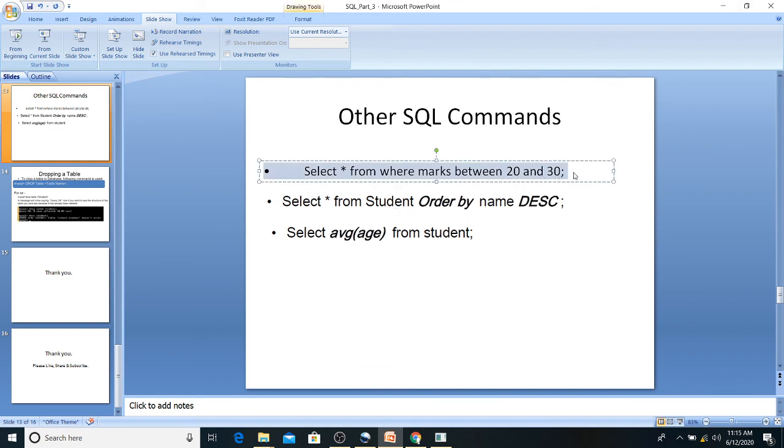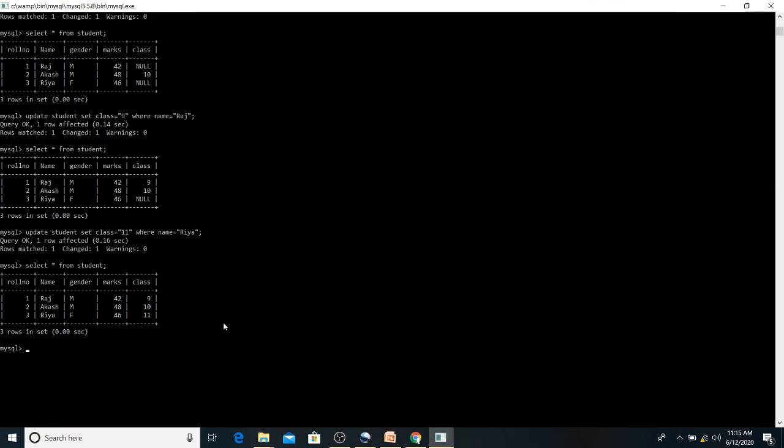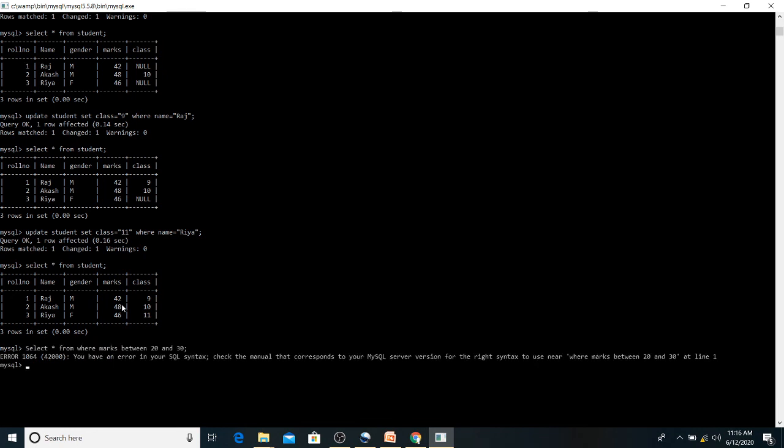See how I'm copying this command here again. There are marks from 42. I want to see the marks of all the students. Because here there are only 3 students, but if I had records of 50 students, I want to see the marks of those students who have marks between 45 and 50. So I can run this command: select star from student where marks between 45 and 50.